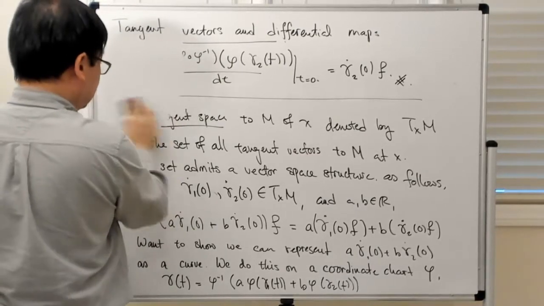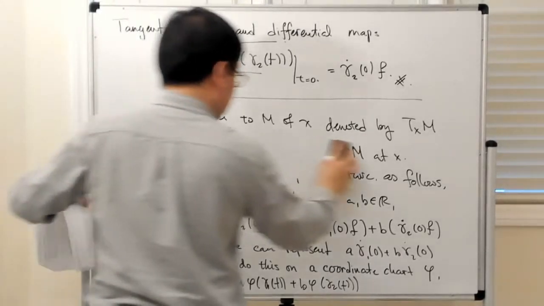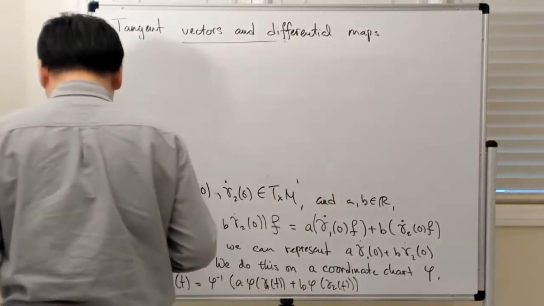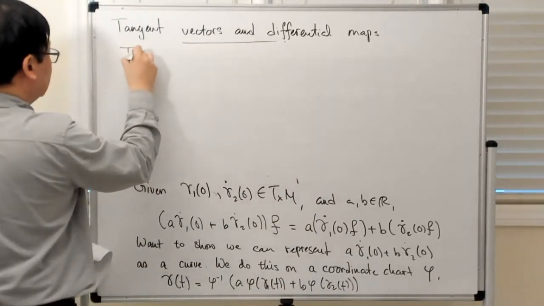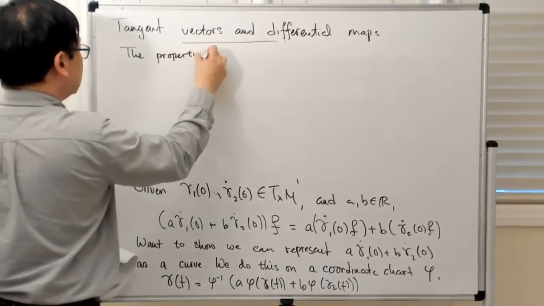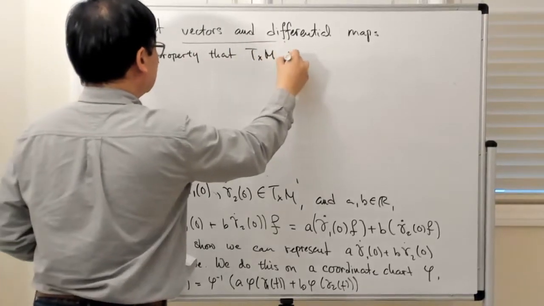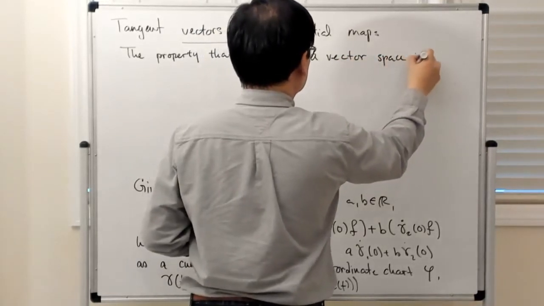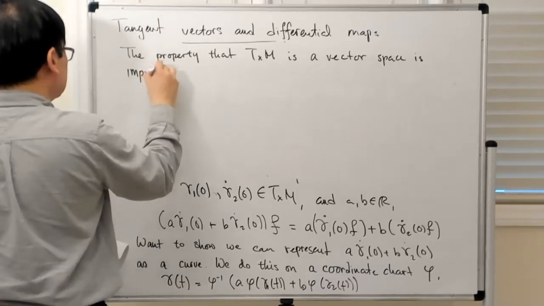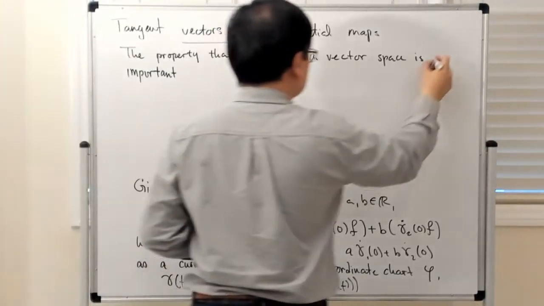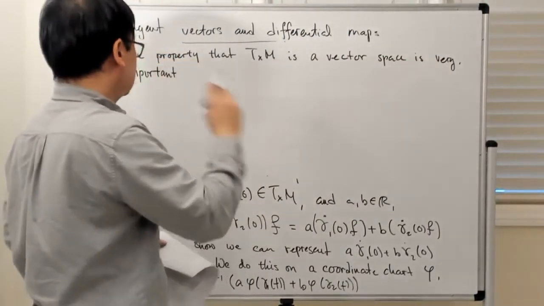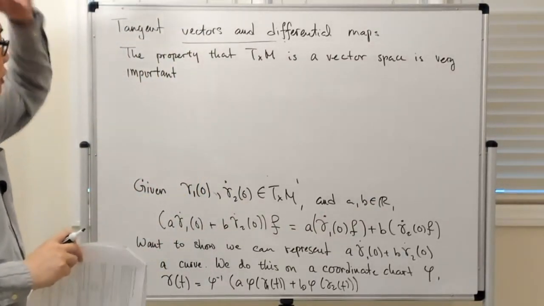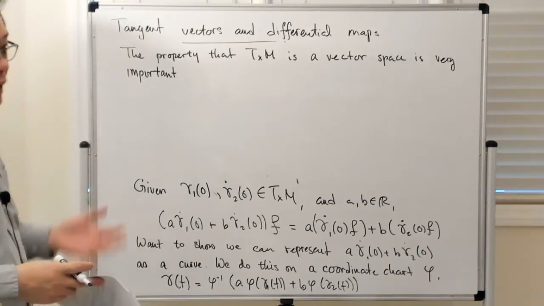So let me try to finish this up. Okay, so the property that the tangent space is a vector space is important, actually very important, because a lot of our computations are set up to assume that you have a vector space structure. So essentially what's going to happen, as you'll see later on, is that